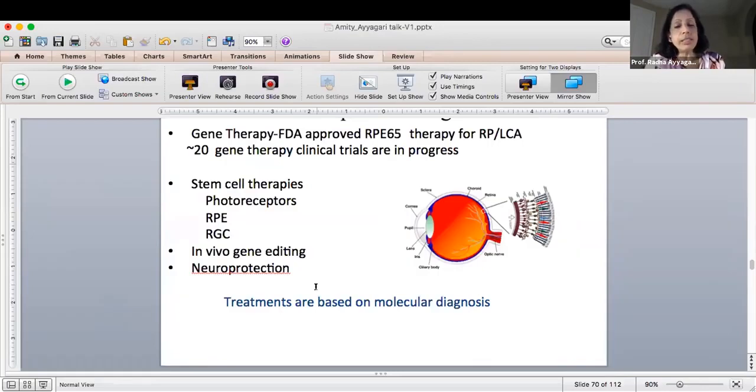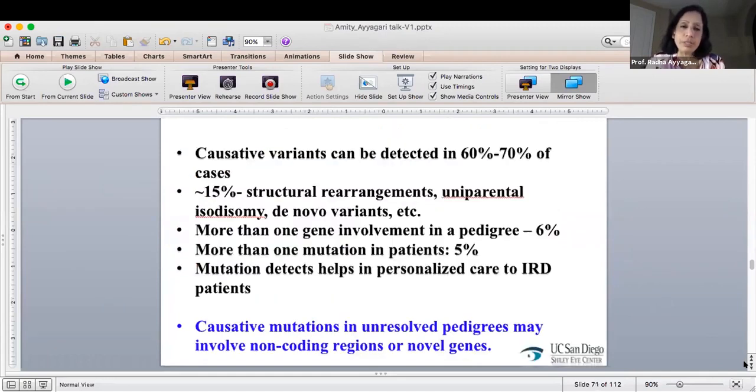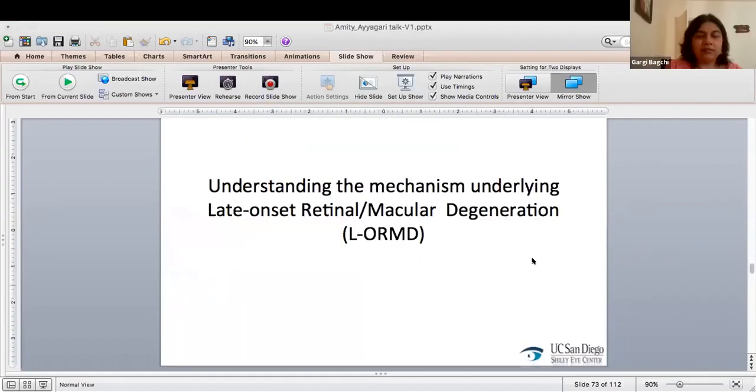So there are different treatment modalities available, which are all based on the genetic mutations we detect. So it is very important to find the underlying cause of these diseases. Basically, we want to find the mutations in every single patient to be able to provide diagnosis, and eventually somebody should develop treatments based on these mutations. I'll just give you a glimpse of this because this is a big story, but I'm not going